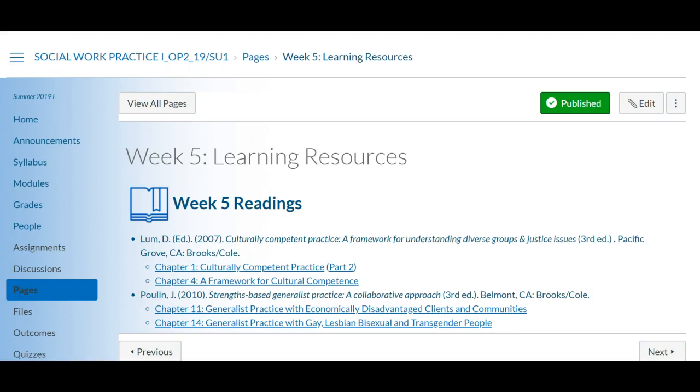And the second chapter, written by Dr. Brent Satterley in our social work department and Dr. Don Dyson in our human sexuality program, specifically looks at practice with gay, lesbian, bisexual, and transgender people. So both excellent articles, well written, providing really rich information for you. I hope that those are useful for you.